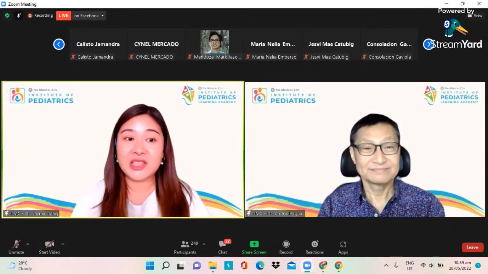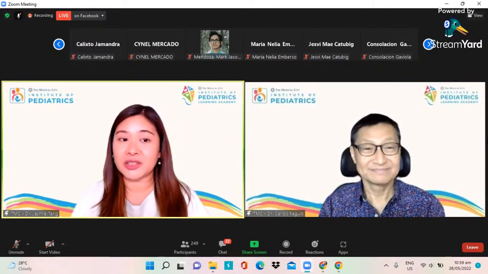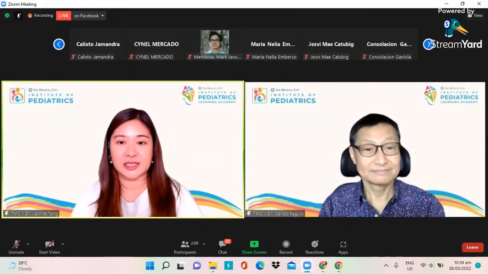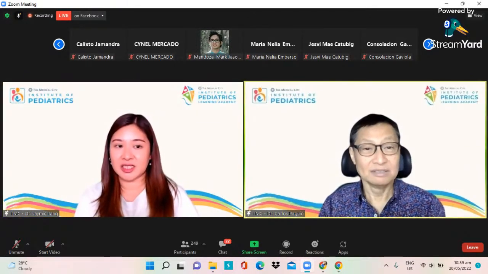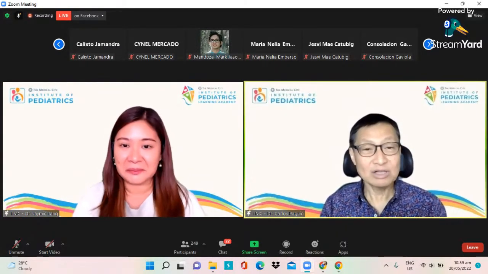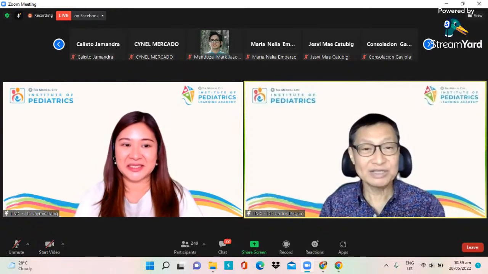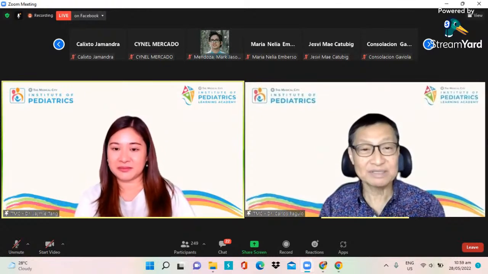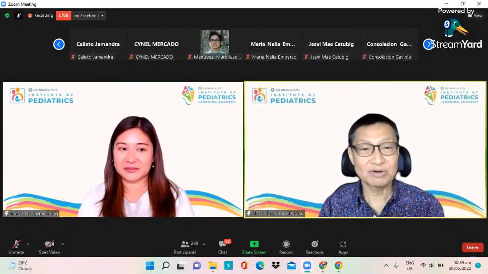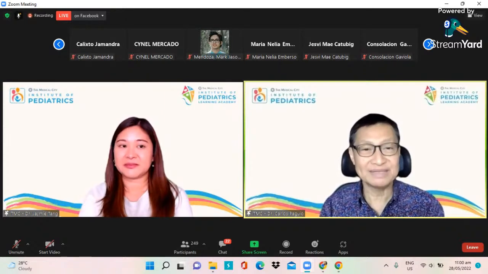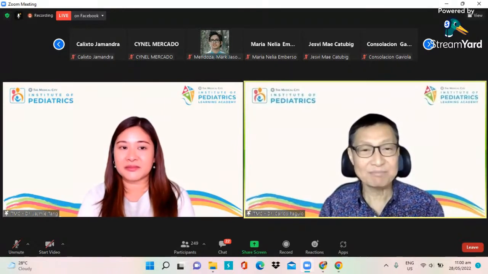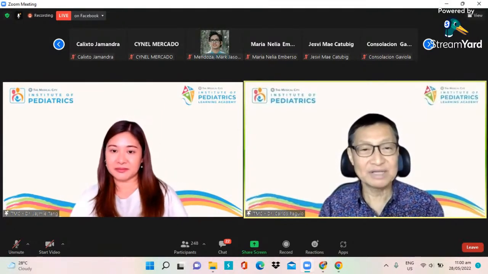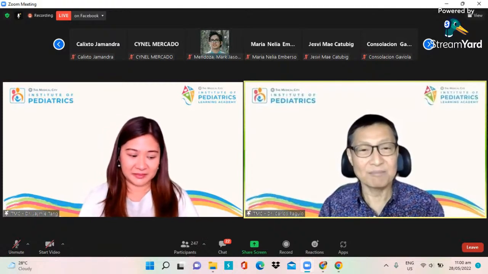What do you advise patients and parents concerned about the treatment of scars? What kind of scars? Not all scars are the same. There are keloid scars. There are scars that are just plain scars. And there are scars that are not scars but are actually post-inflammatory hyperpigmentation or post-inflammatory hypopigmentation. So depending on the type of scar, then we will address that properly.